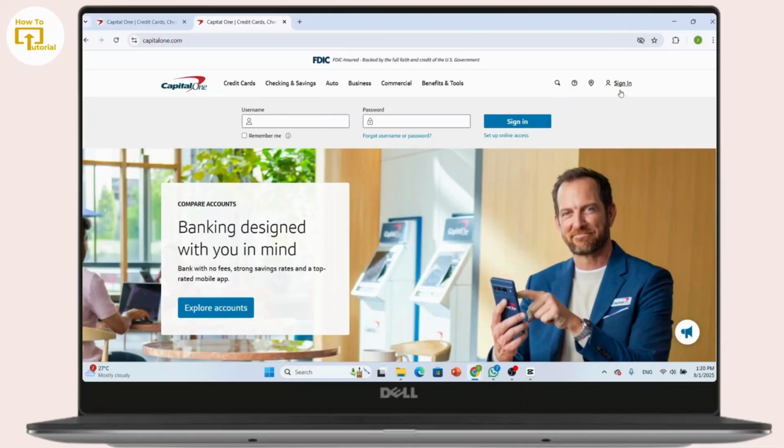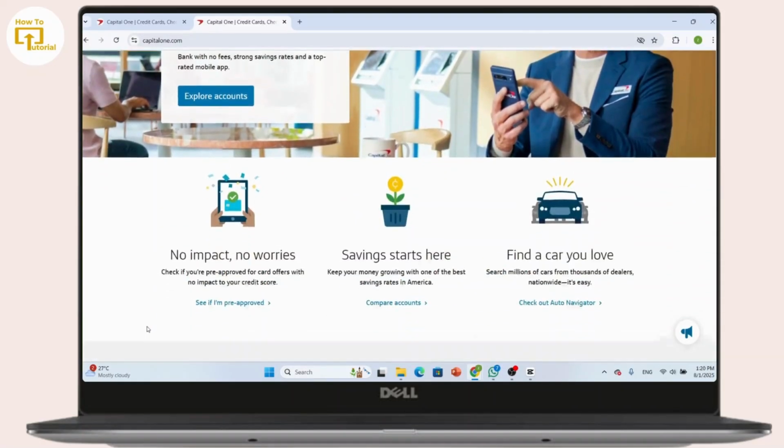Now here you can simply click on the sign in button, which can be seen at the top right side, and after that you simply have to enter your credentials on the next page to log in to your Capital One account, and there once logged in you can simply click on the credit card account where you have added an